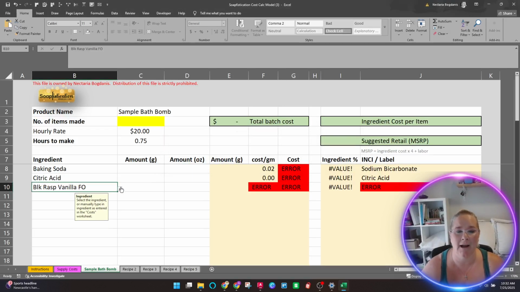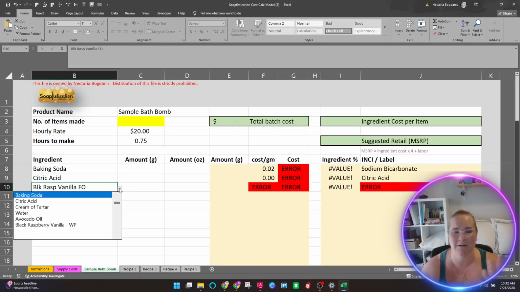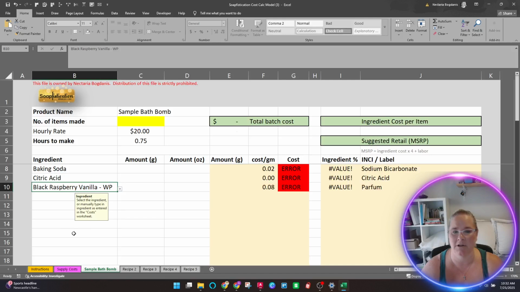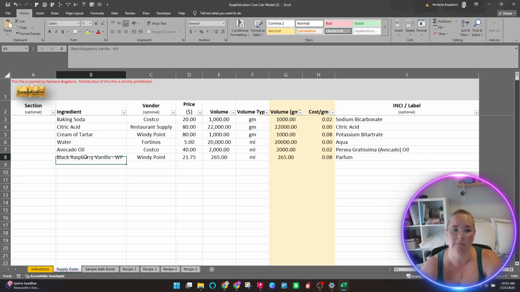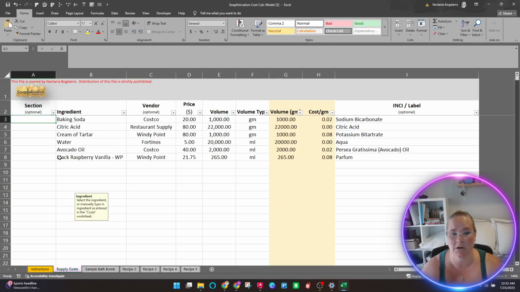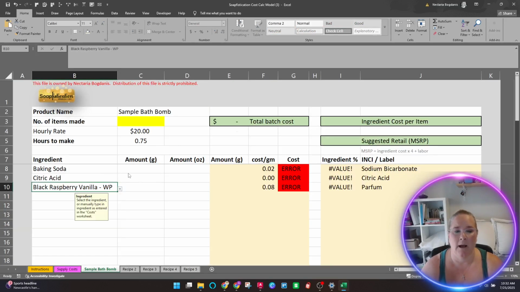Now once I start filling out this supply costs thing, that drop down is not going to be super helpful. But for now, I could go in here and just change that. Or I can go back to this sheet, find it. This is where, to me, having the section titled fragrance, I would look for my fragrances there to see what it was called.